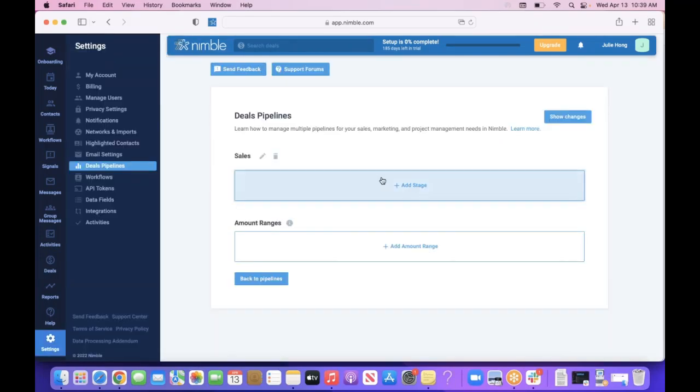So we're here, and then we're on sales. This is the pipeline I just created. So we can add a stage, we can add an amount range. It just depends on how your sales process works. And then